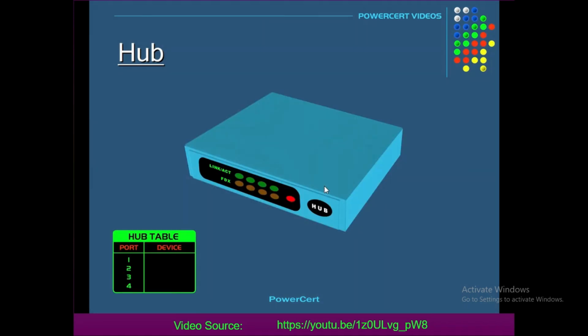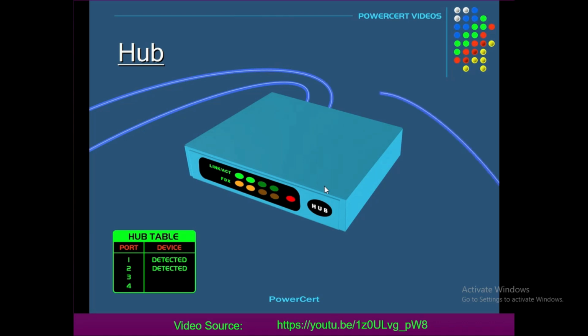Now the purpose of a hub is to connect all of your network devices together on an internal network. It's a device that has multiple ports that accepts Ethernet connections from network devices. Now a hub is considered not to be intelligent because it does not filter any data or have any intelligence as to where the data is supposed to be sent.